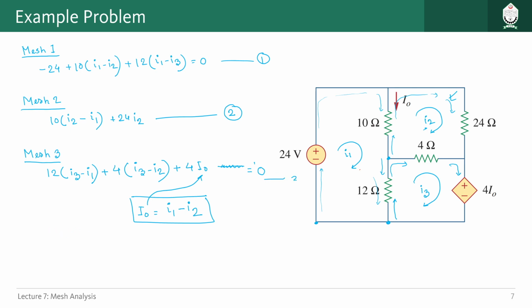So we will have 3 equations here for 3 unknowns, I1, I2 and I3. We can solve that, right? So okay,